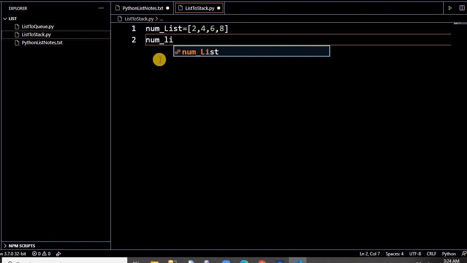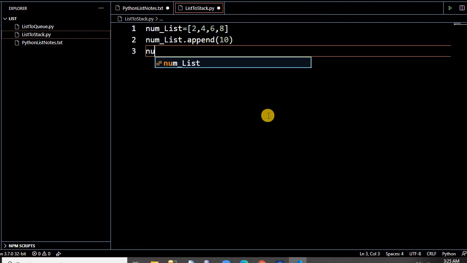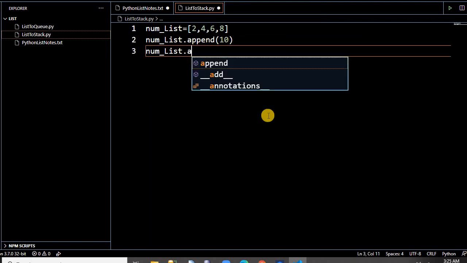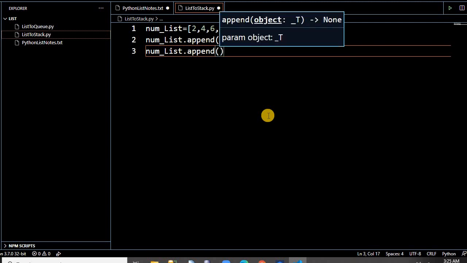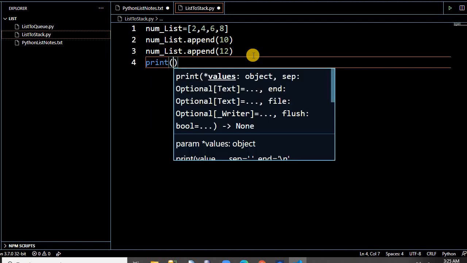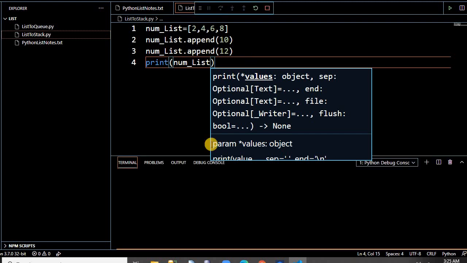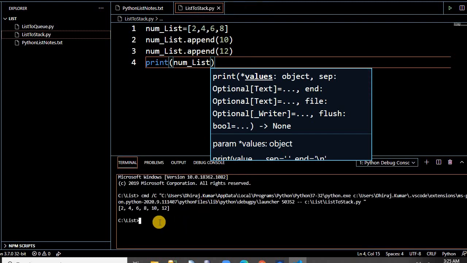So num list dot append 10. And one more, dot append 12. Okay, now let's print the list. It will simply show the list of all these values: 2, 4, 6, 8, 10, 12.